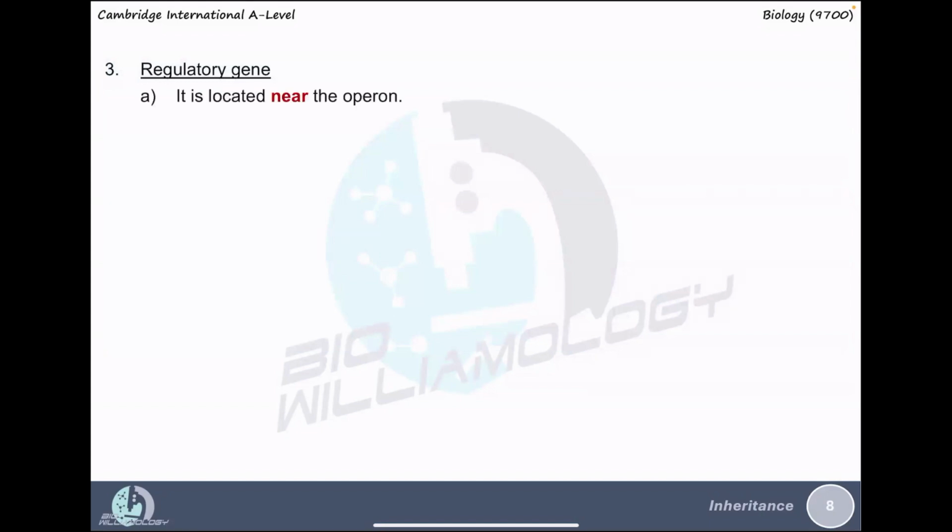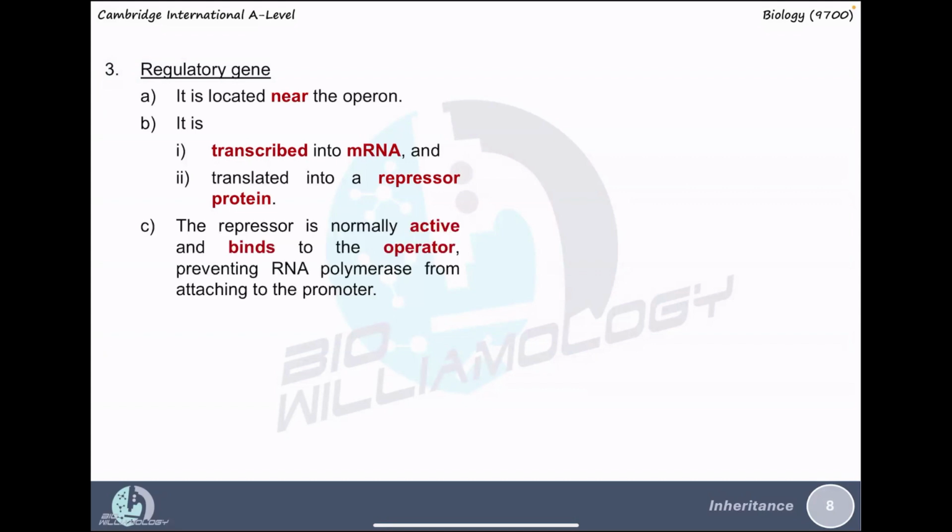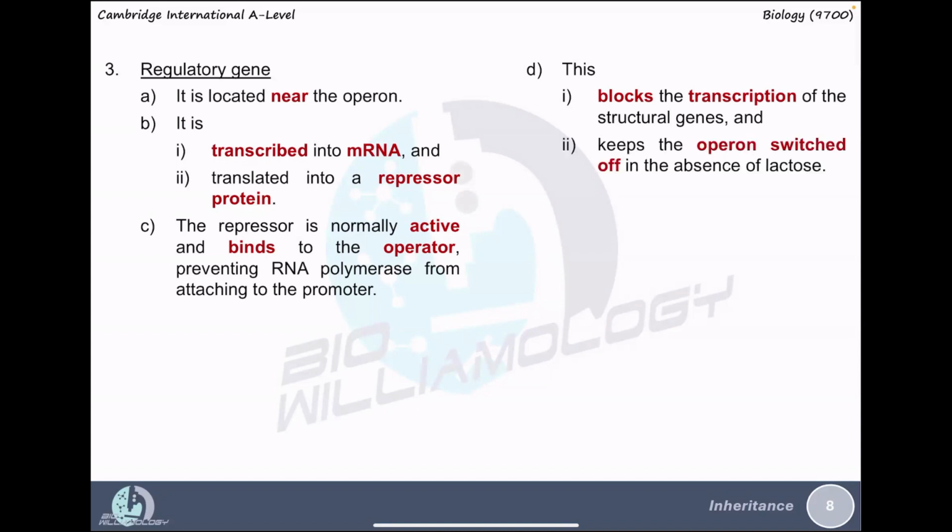This regulatory gene is located near to the lac operon. It is transcribed into mRNA, and this mRNA is translated into a repressor protein. This repressor protein is active and it binds to the operator, preventing RNA polymerase from attaching to the promoter. Therefore, this blocks the transcription of the structural genes and keeps the operon switched off in the absence